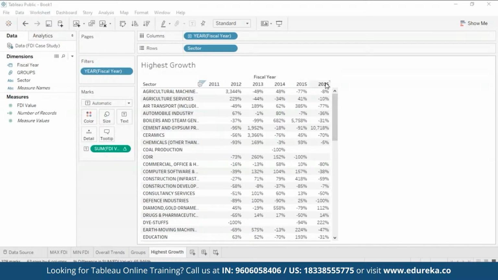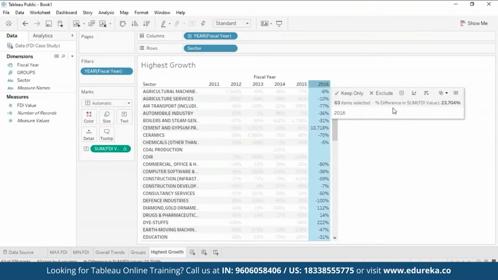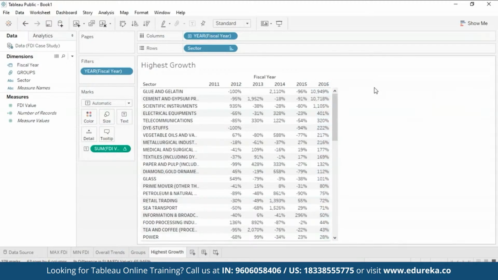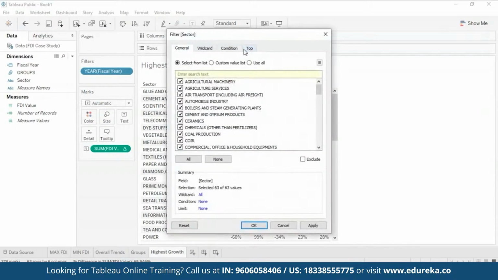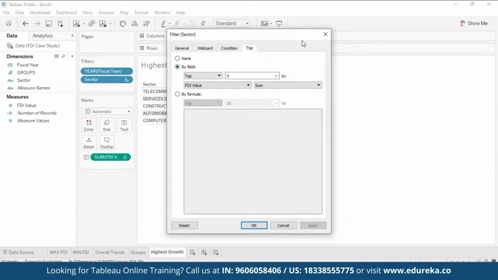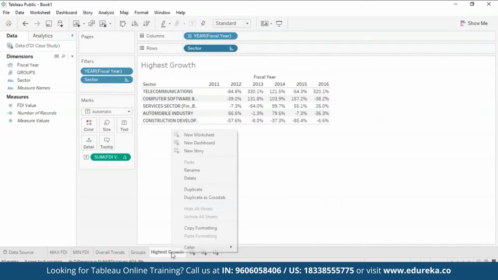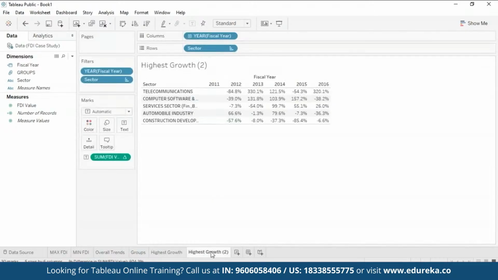And now what I'm going to do is click on this row, 2016, and sort everything in descending order so we can get our top 5, which is glue and gelatin, cement and gypsum, scientific instruments, electrical instruments, and telecommunication, which are giving us the most year-on-year profit. And then I select this filter and go on top 5, and this displays my top 5. Now that we have our top 5, let's duplicate this